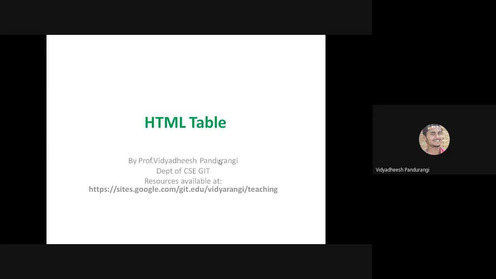Good. That's good. Okay. So in between the session, I'll be giving some sort of tips, or you can say some sort of points which are helpful for you in programming the web. I recommend you to have a pen or a pencil with you and make a note of it. Whatever I'm teaching now, the table, this resource material is available on my web page. That URL I've mentioned in the slide now.